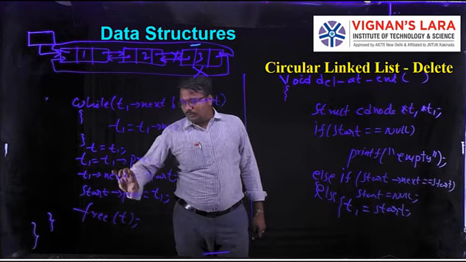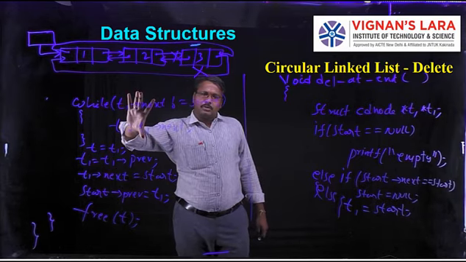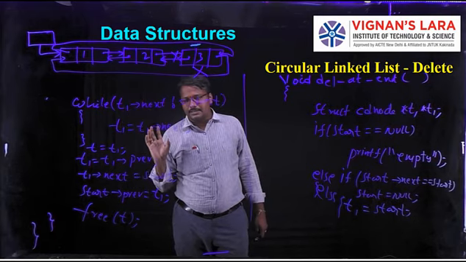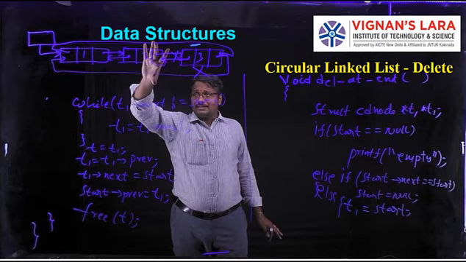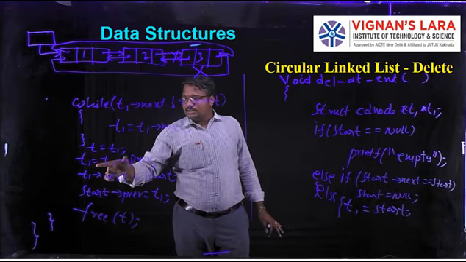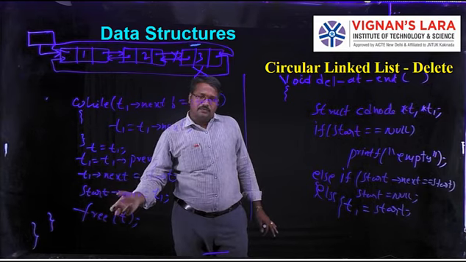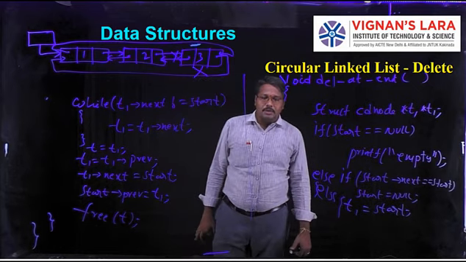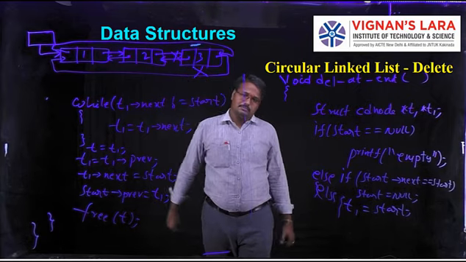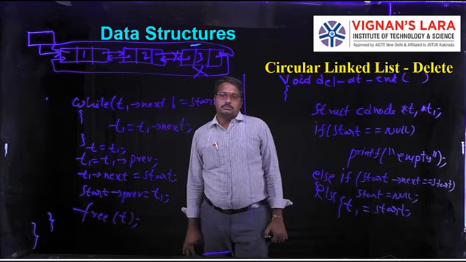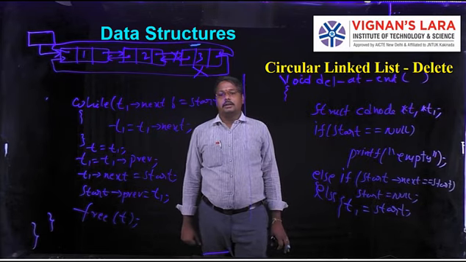So here mainly I am doing 2 operations. This entire loop is used to find out the last node address. When I am getting the last node address, the last node should be deleted. Means I want to get the last node before node. So by using this statement, I am getting the last node before node. Then I am doing these 2 operations, and free function is used to free the memory assigned to this node. So this is the function delete at end.